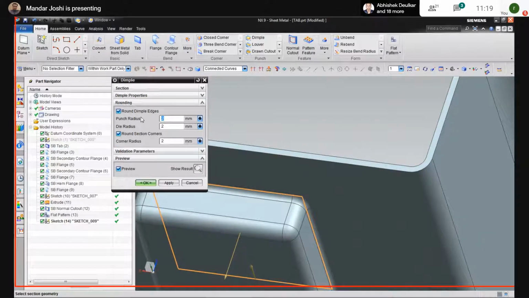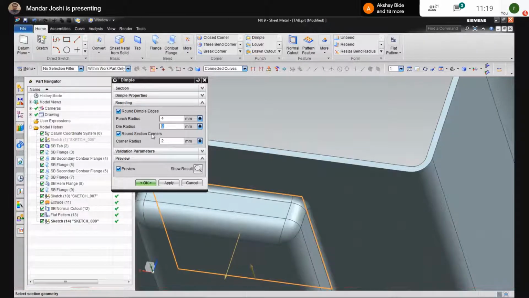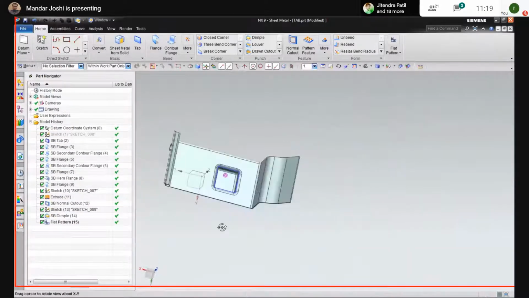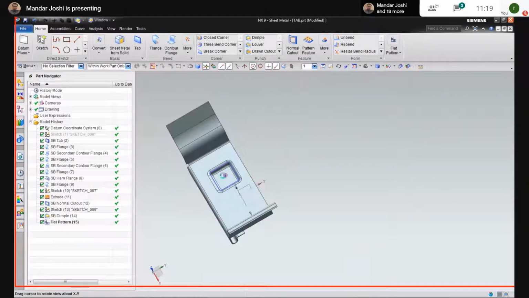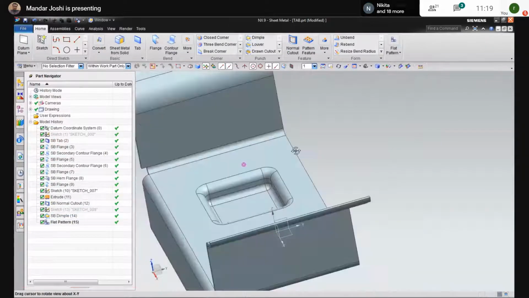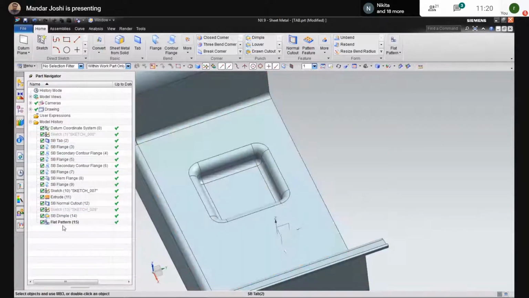How much radius we want, you can define it from here, 3, 4, whatever it is. Then click on OK. Okay, so this is the dimple.